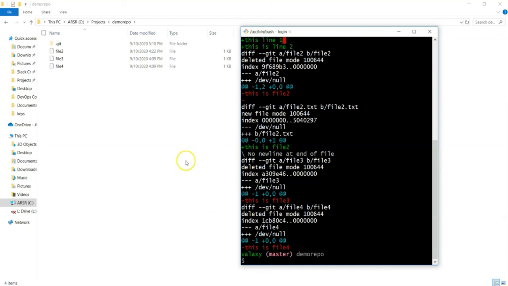Now let's just think that developer 2 also wants to work on the same code. Means me and developer 2 both are working on the same project. If that is the case, how can we share our code with the other team members? That is what we are going to discuss in the next section.